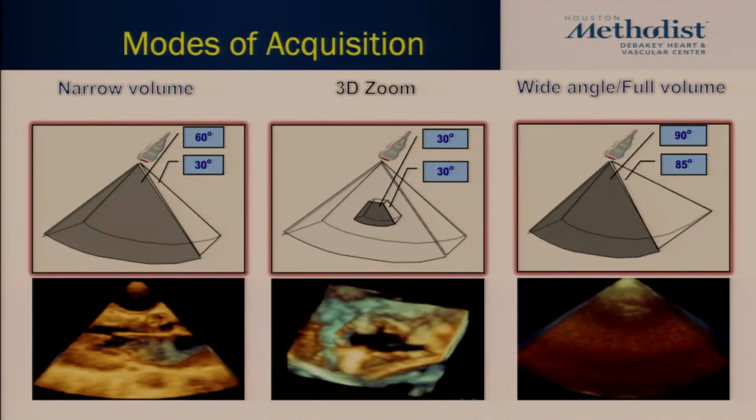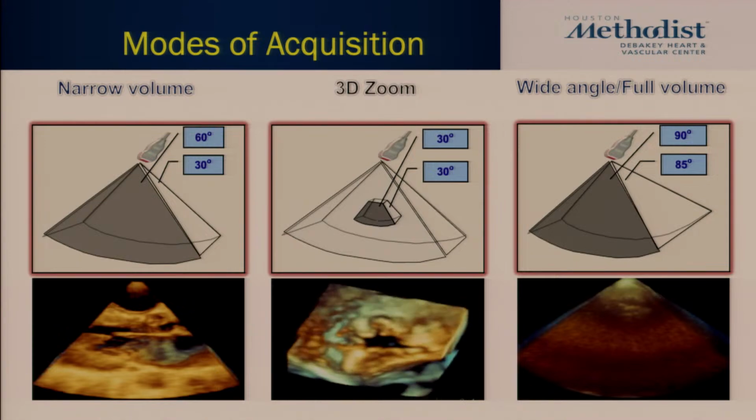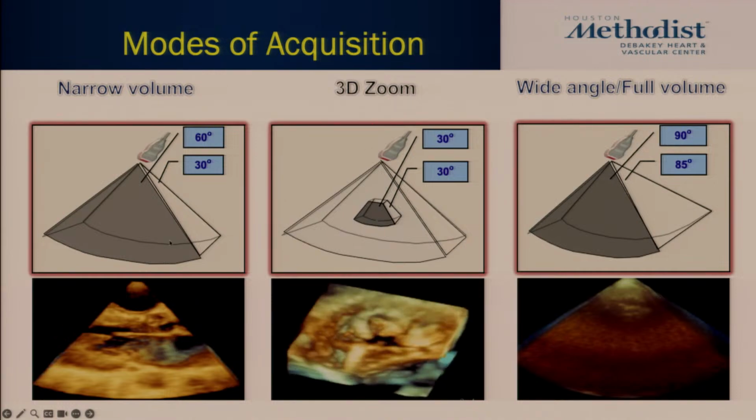A couple of basics about the acquisition of 3D. There are different ways historically, most of which we don't use anymore. There is the narrow angle, shown here. So this narrow angle, 60 by 30, we don't use very often. Occasionally it's a relatively high frame rate, so we'll look at something with it,